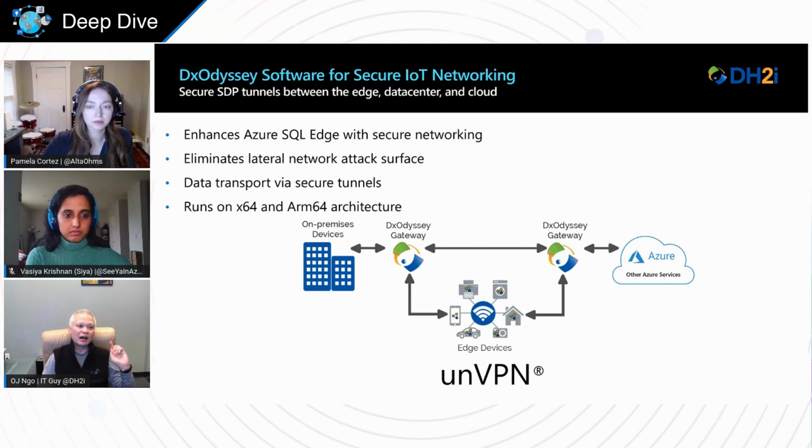application level. So unlike a VPN, which opens up your network stack and your host for access, DxOdyssey allows you to confine it, restrict it down to a single app, a single channel for a particular solution or application that you want to open up. So it's app-level security. Because of that, you really have control of what is allowed in or out of the entire environment. There's no open port, no dedicated appliances, no dedicated routers, nothing like that required for